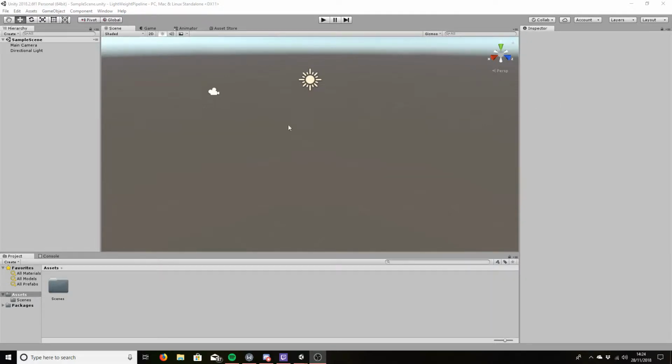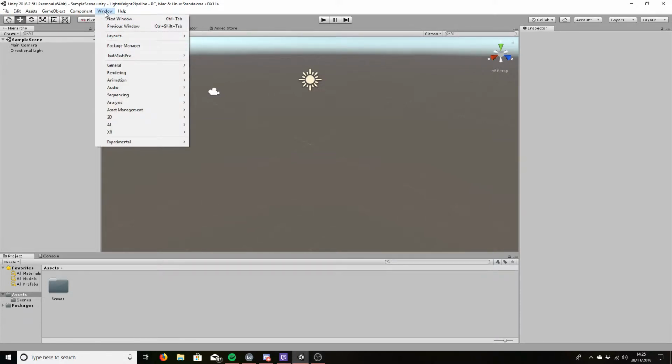Hi guys, today I'm just doing a quick tutorial on how to set up your project for the lightweight rendering pipeline or any of the new rendering pipelines. It's quite simple. I'm in the newest version at the time of recording, so 2018.2.6f1, and all you need